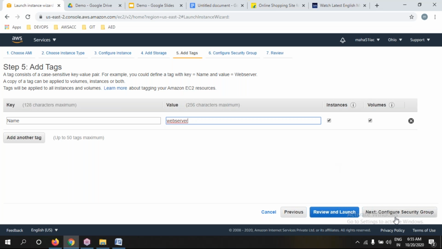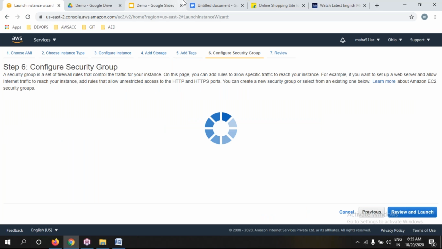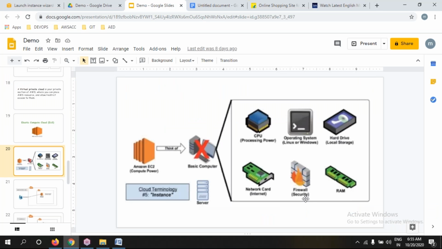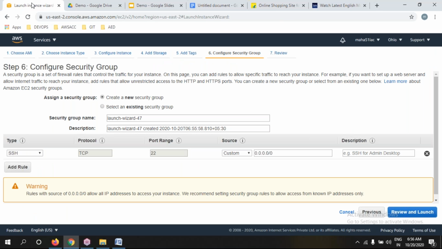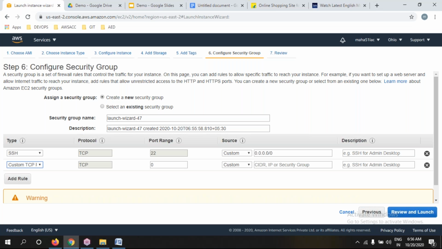Then finally, security. Who can access and who cannot access the server? We're going to write the rules and regulations. By using SSH, we can get into the server and install the software. And I'm going to write one more. The tag is nothing but a name for the server. We name it for identification. You can name it anything, like Manisha servers or Maha servers, for recognizing for what purpose we created the server. That name we call a tag.